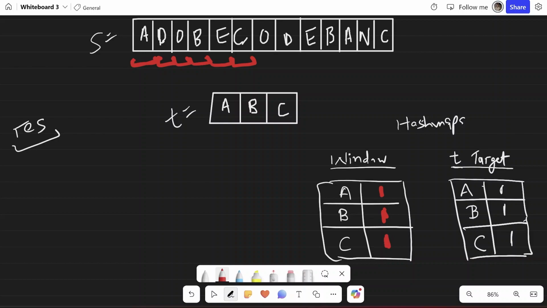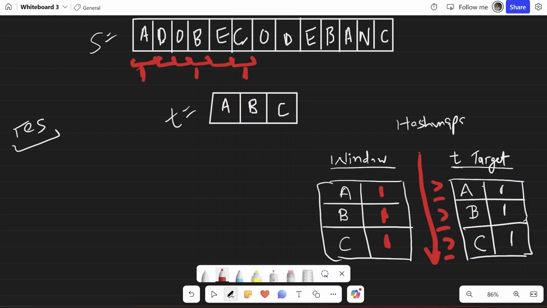Now every time we find something in the target hash map, we'll also compare these two hash maps from top to bottom and check if these are greater than or equal to the target values or not. So we did that once here, and once here.